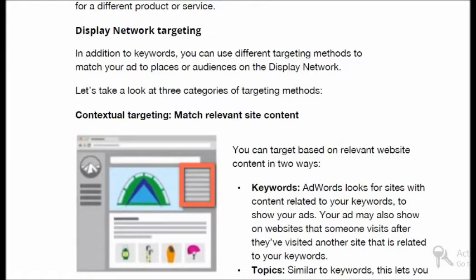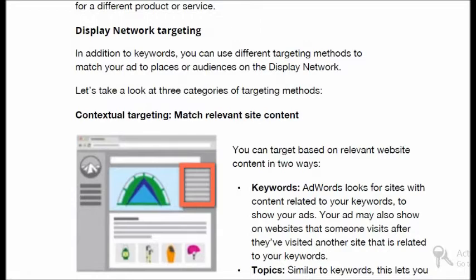Good afternoon. In the last video, we were talking about targeting methods in search network advertising. We talked about keyword targeting, and we use different types of keywords in search advertising: broad match, modifier, phrase match, and exact match.